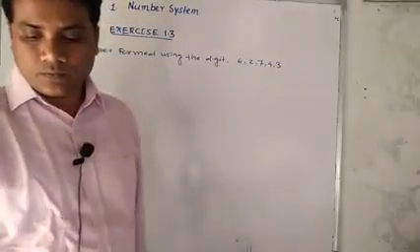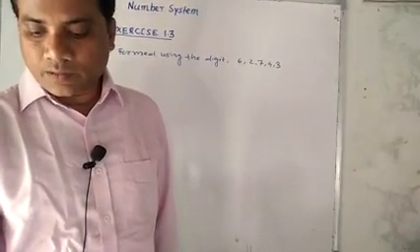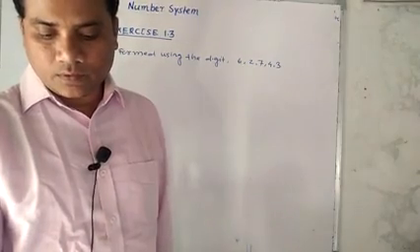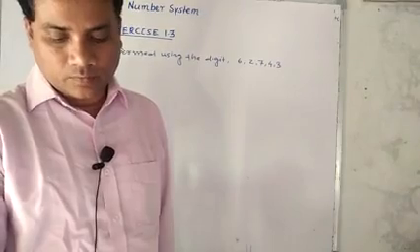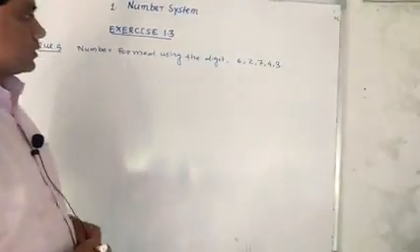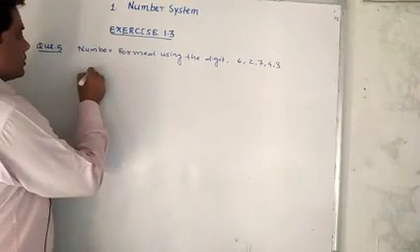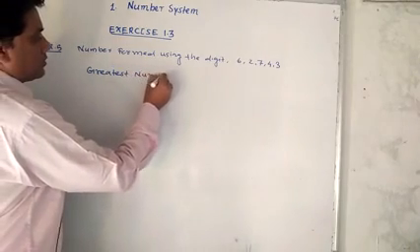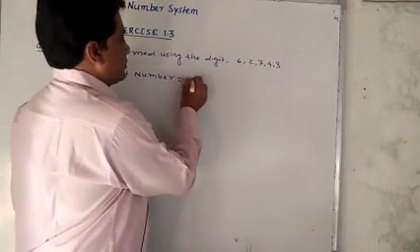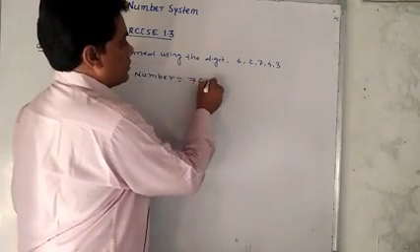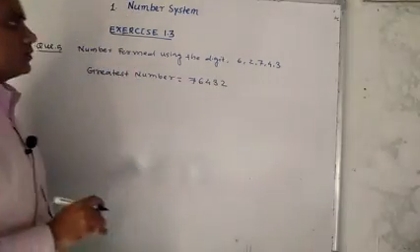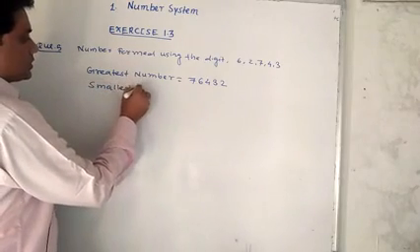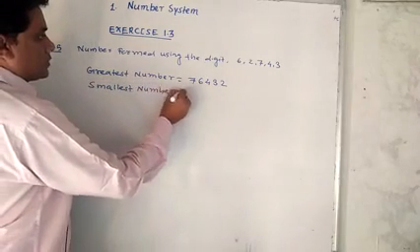Now question number 5. Find the difference between the greatest and smallest number that can be found using the digits 6, 2, 7, 4, 3, each only once. So the greatest number is equal to 76432, means 76,432, and the smallest number is equal to